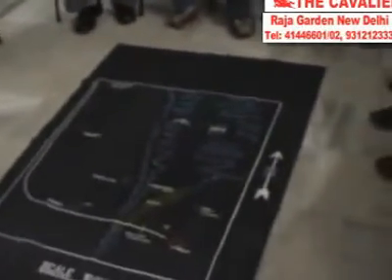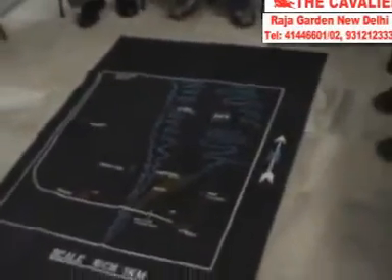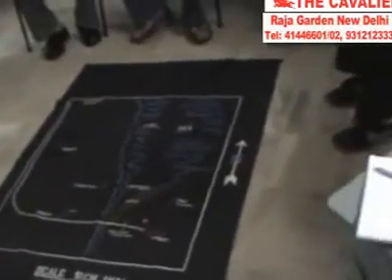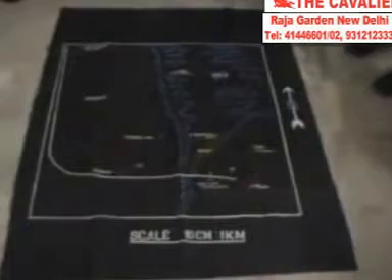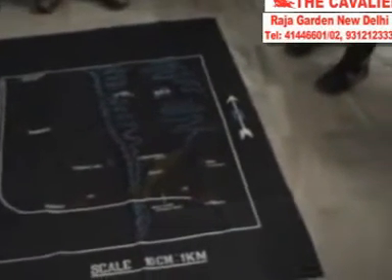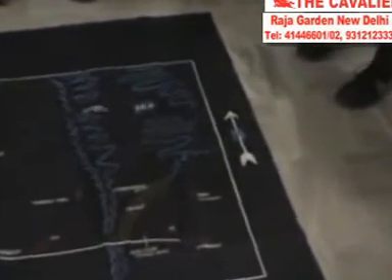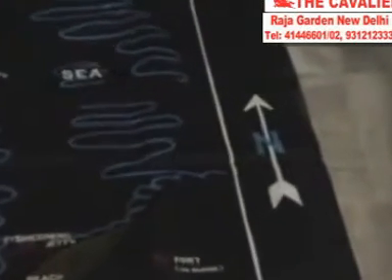There is a black sheet in front of you on which the model has been painted. On the black sheet, outside the square, we have written N pointing this side. What does that mean? North. If that is north, what is this? South. What is that? East. What is this? West. These are the four cardinal directions so far as this model is concerned.